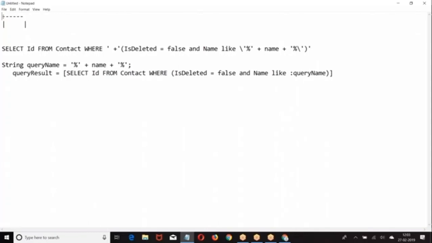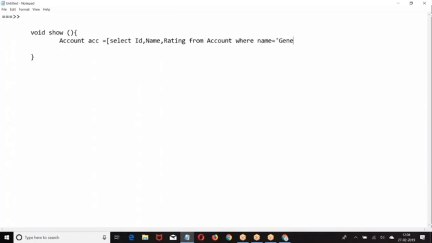Next point. This also will be a similar type of thing. Void, list of Account ACC. Select ID, name. Then I have some logic, statement 1.